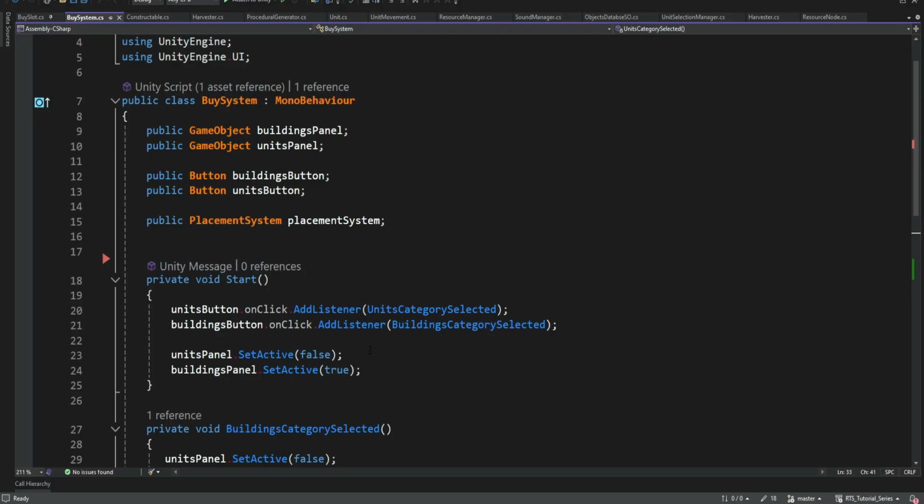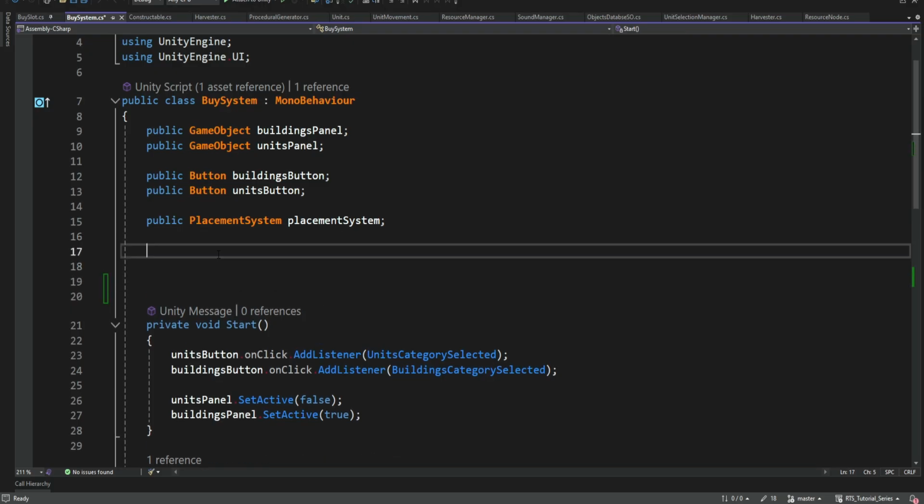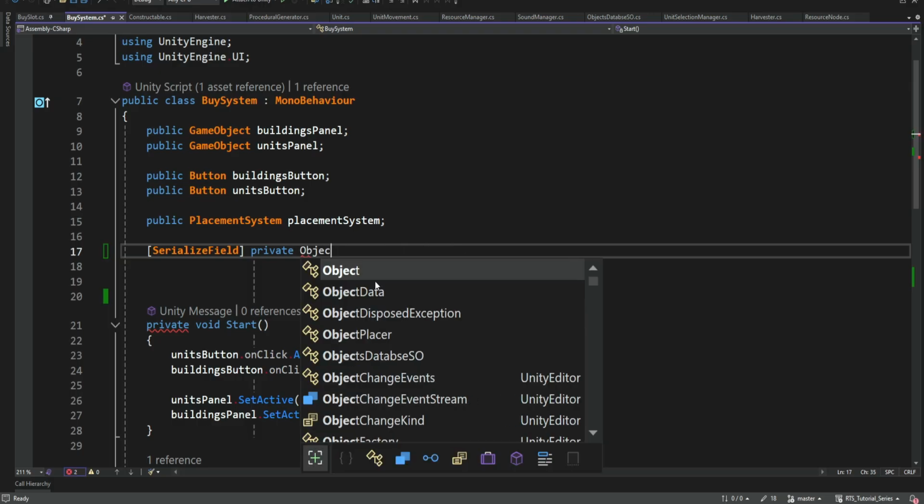First of all, we need a reference to our actual database, because previously we had a reference to the database inside of the construction system, right, when we wanted to construct a building, but now we also need a reference here inside the buy system. So we're going to have a serialized field just to make it private, so it's not accessible from other parts of the code, but we still want to see it inside the inspector. So object database,